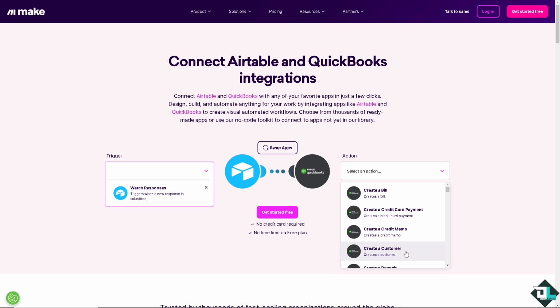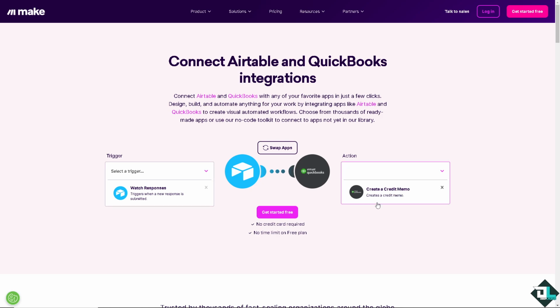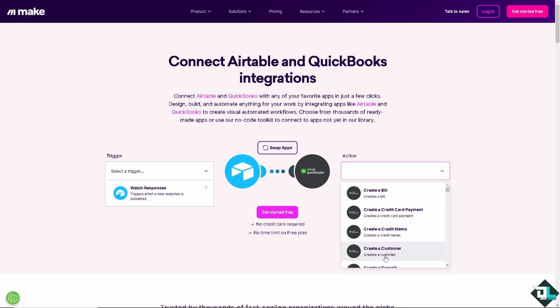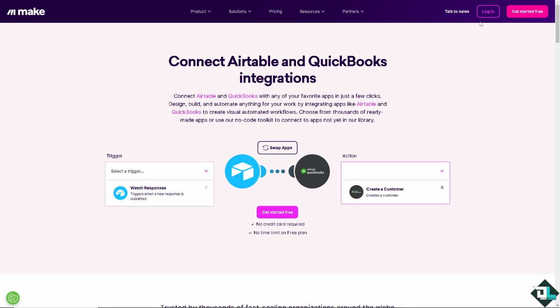Because having QuickBooks financial data readily available in Airtable allows decision makers like your clients or your company to access financial insights quickly, improving strategic planning and resource allocation. I'm going to choose the creates a customer, and I'm going to log into my account. If you haven't already, creating an account here in Make.com is a straightforward process and a very easy thing to do. All right. Now, once we are on the scenario builder,